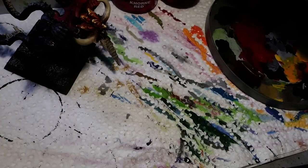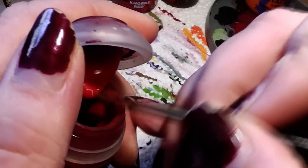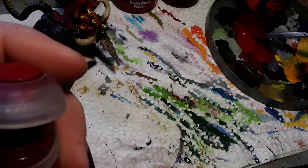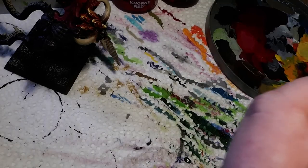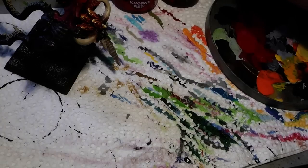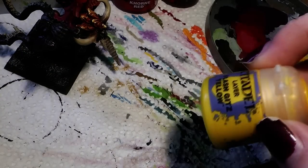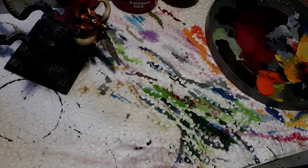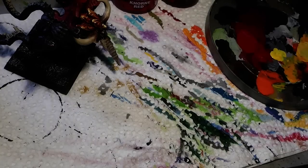So I will prepare now the colors for the wet blending. Here I use Mephiston Red. So I mix it into the first Lamian medium here, and then I use now the Troll Slayer Orange. Mix it into the other part of the Lamian medium. So just like that. And now I take some yellow, Flesh Gets Yellow, pure,